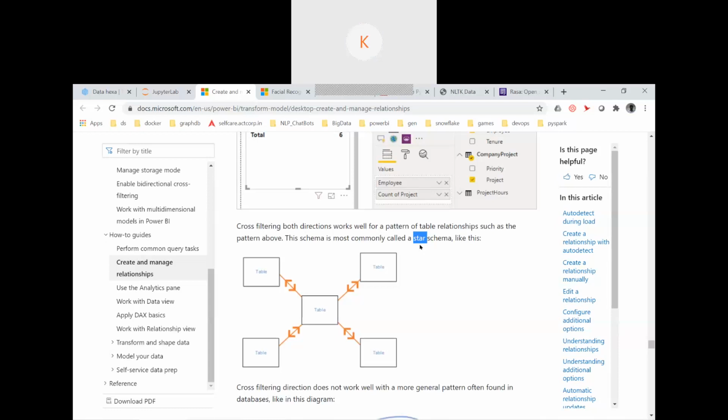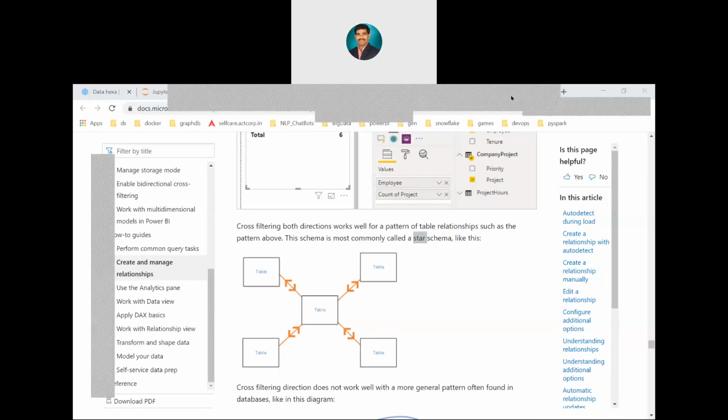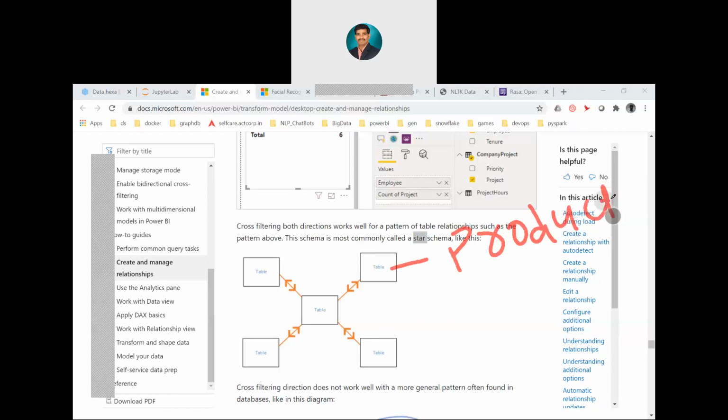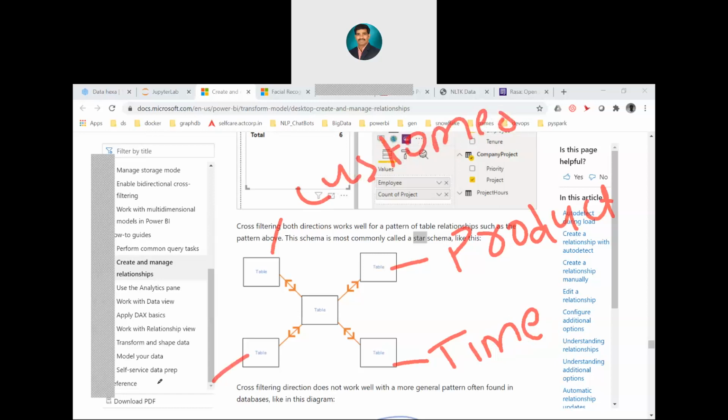Okay. There. Okay. Star schema is something like this. Here a centralized fact table will be available, surrounded by dimension tables. There are situations, for example, let me give some naming for this one. This is I am talking about the product table. This is I am talking about the time table. This is I am talking about the customer table. Okay, this is I am trying to talk about, let us say, the location table. And this is I am trying to talk about the sales table.